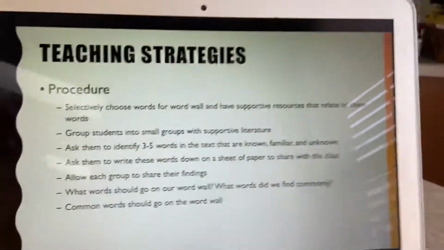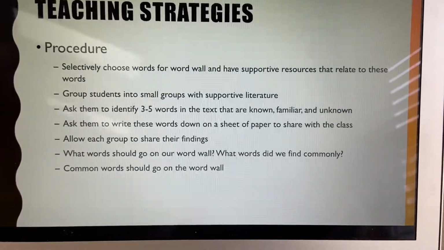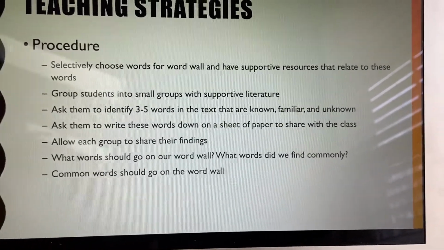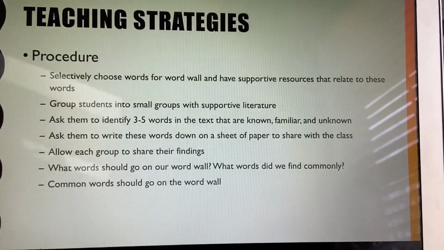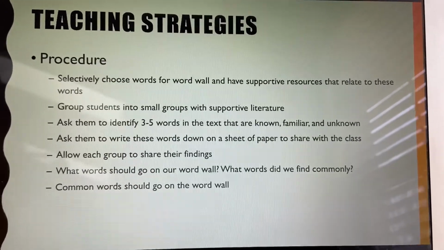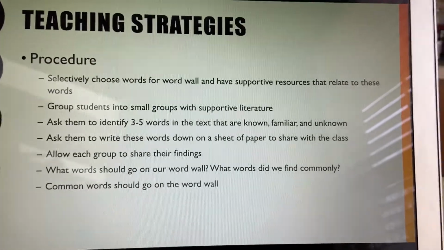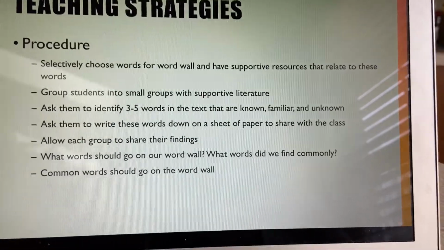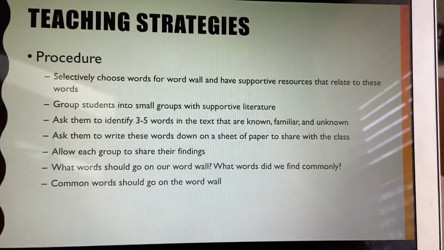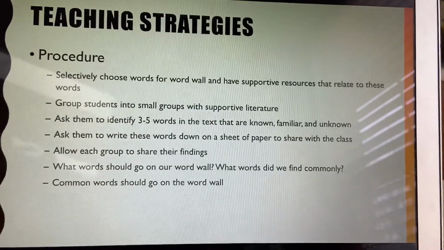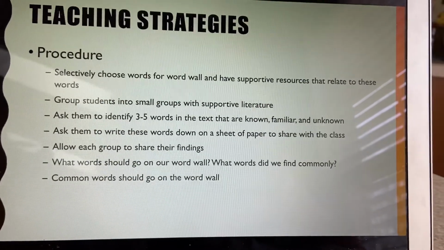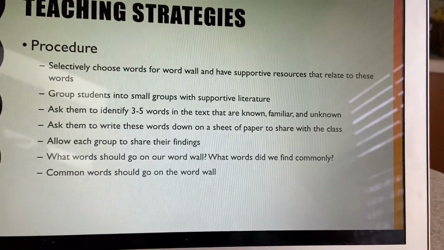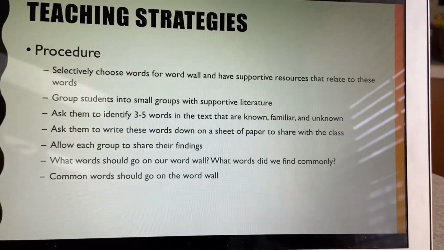The procedure for this teaching strategy would be to choose words for a word wall, and like I said, have supportive resources that relate to these words. You can group the students into small groups with that supportive literature, that text. Ask them to identify 3 to 5 words that are familiar to them, or some words that are unknown, something that they would like to learn about. Ask them to write these words down on a sheet of paper to share with the class later. Allow each group to share their findings, and now you're going to ask what words should go on our word wall. And most importantly,